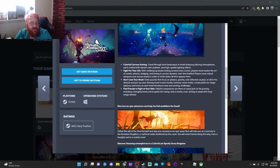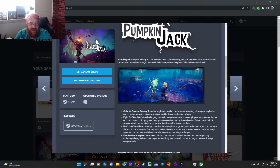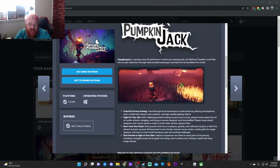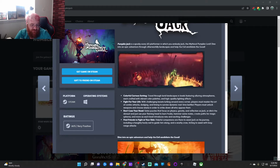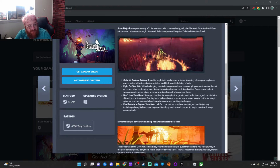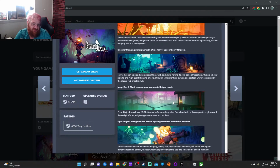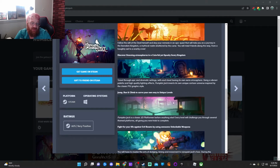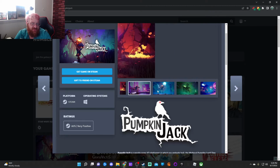So it's a colorful cartoon setting, as it says right here. You travel through a lot of different landscapes. It's your basic 3D action platformer, action combat game, and everything else. You have to solve puzzles, fight for your life, and you get helpful companions. Seems very interesting. I'd like to probably look at more of some of the aspects, some of the gameplay and